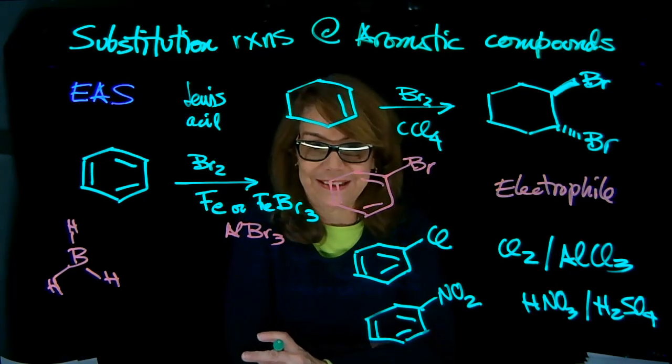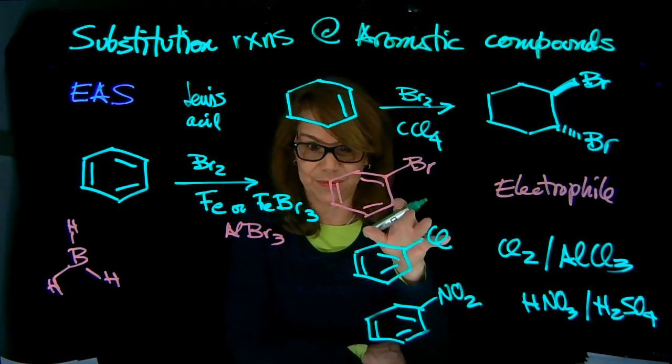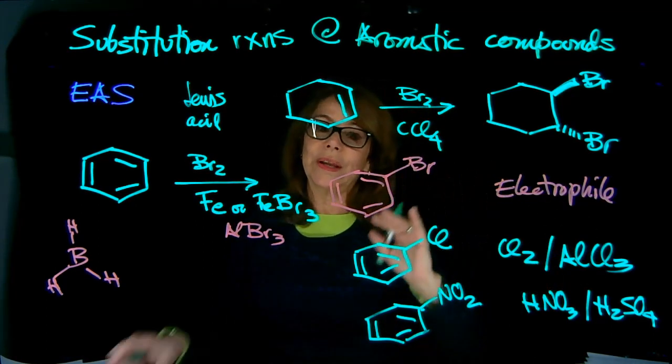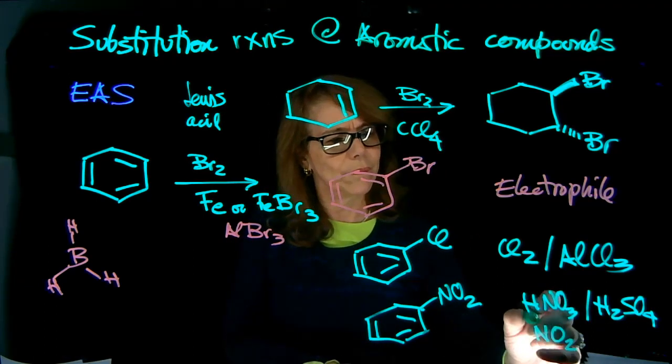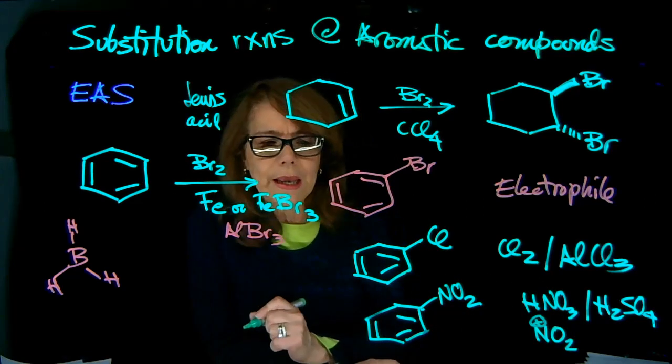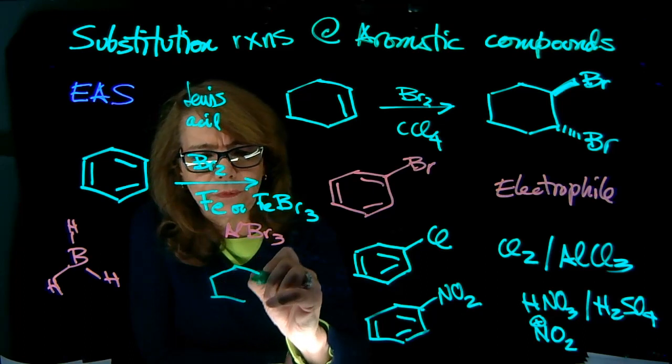How do you generate electrophiles? But typically, the problems that you're solving are predicting products. So we're going to be looking at what the electrophile is. Here, the electrophile is NO2 plus, the nitronium. And you can also do a sulfonation, so benzene sulfonic acid